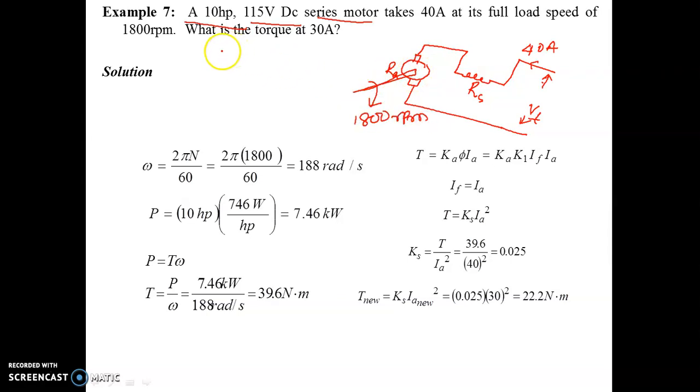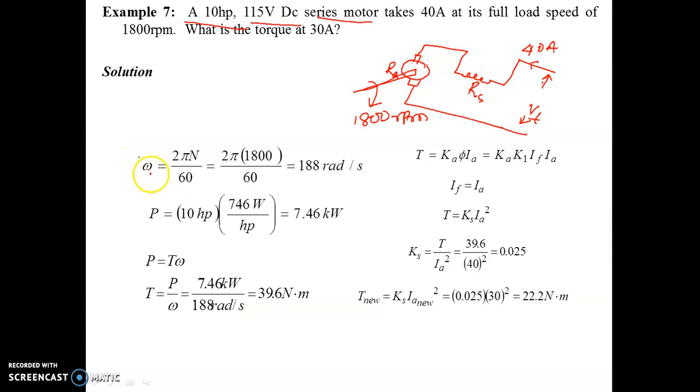This is the question. Now in this question it is asked: what is the torque at 30 ampere? So I have to find the torque of the motor when the current is 30 ampere. So let us solve it. First we find